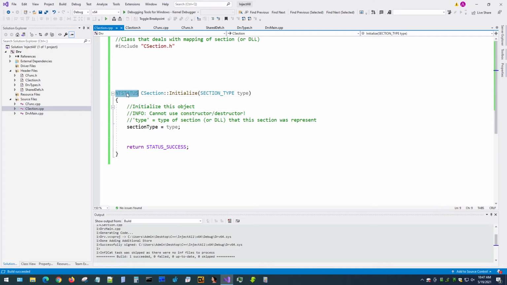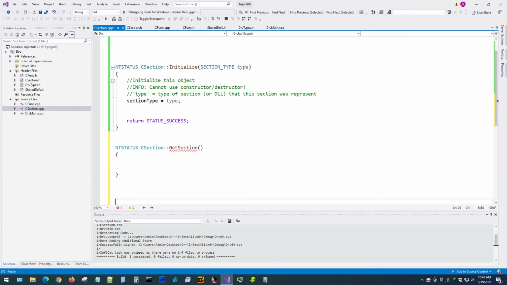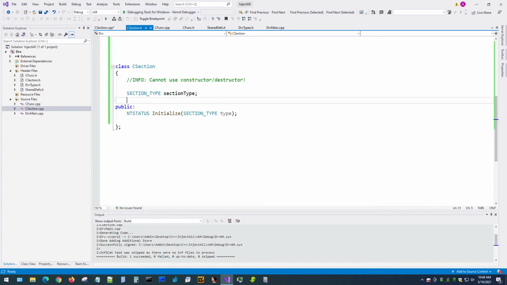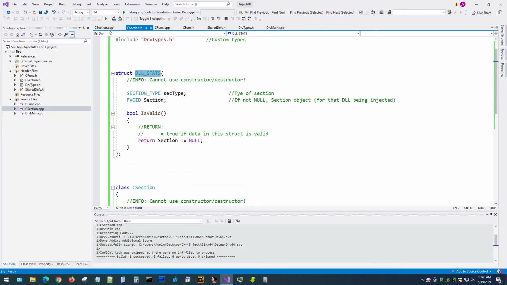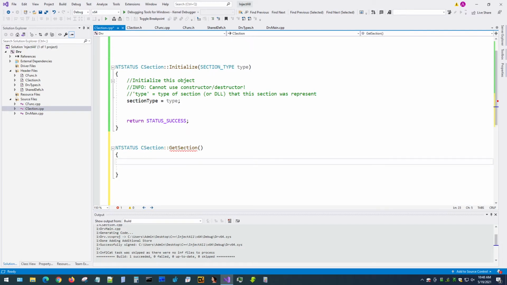Okay, the next one. Now the first one doesn't do anything, but for the next one, let's write a singleton here that will give us a section object. And I'll explain what I'm doing in a little bit. Like I said, it will be a singleton that we can call from outside that will create our section. It will create it only once. And then any subsequent calls, it will just return a pointer to it, and it will do so